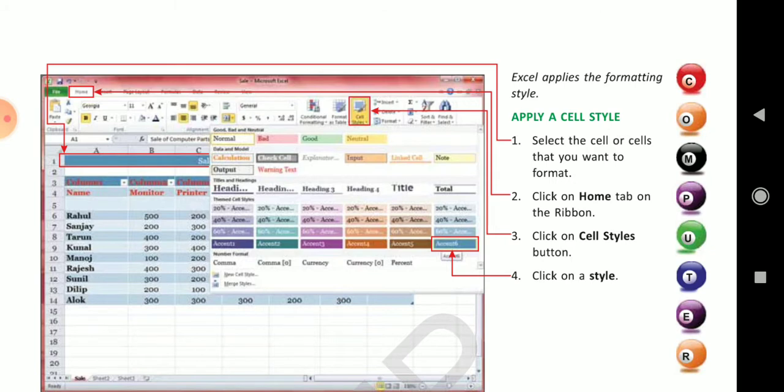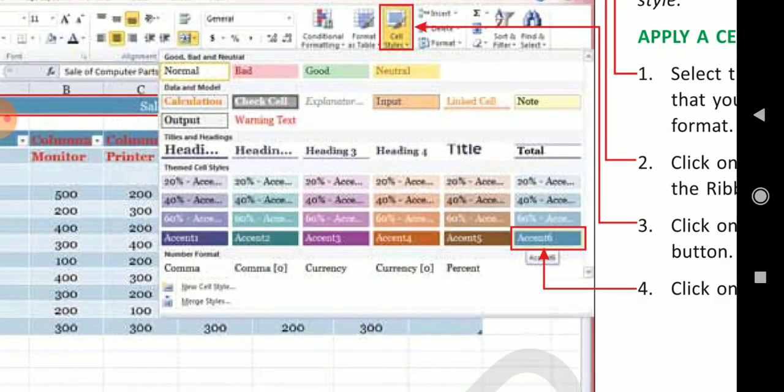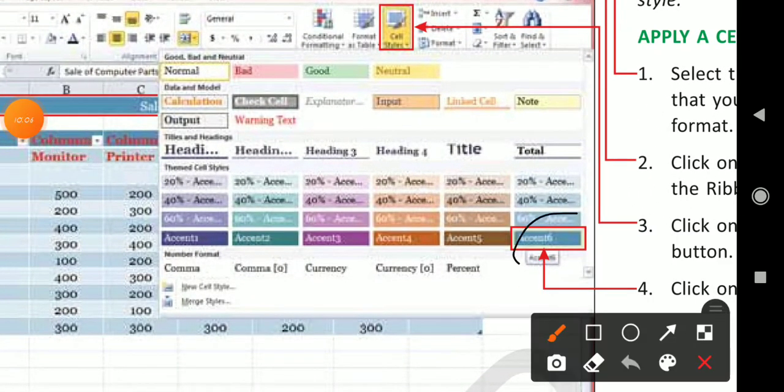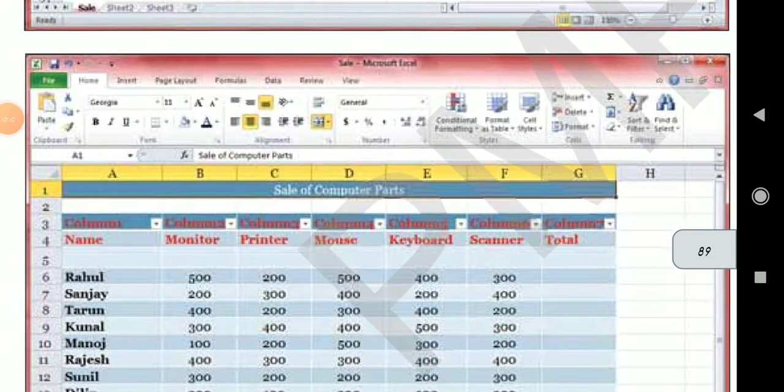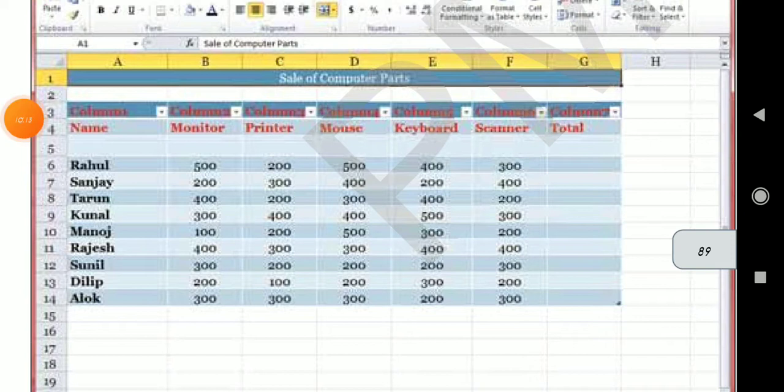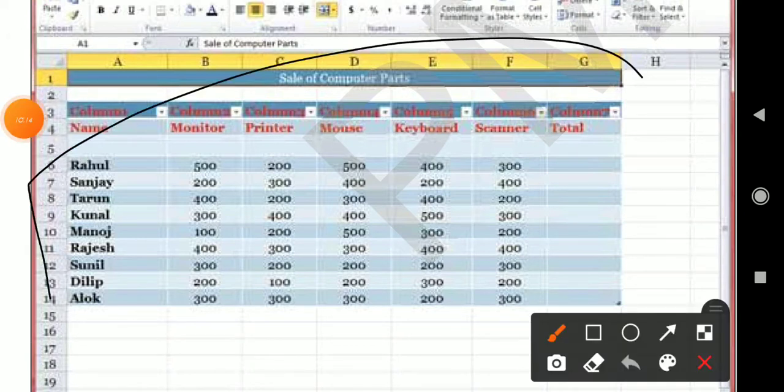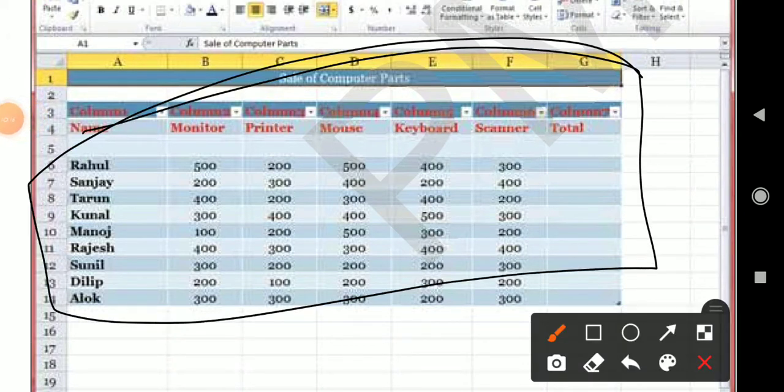Here it has been selected, this one. You will see the effect of this in the next slide. See, here the changes have been made, the color also, and the format as table style. Clear?